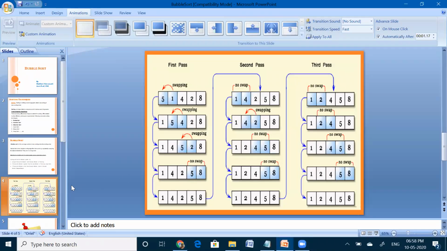Right? So what we are doing in the bubble sort is, every time we compare the current element with the next element. If the current element is greater than the next element, then the current element will be swapped with the next element. If the current element is less than the next element, no need to swap. So this process will continue till the end of the list.